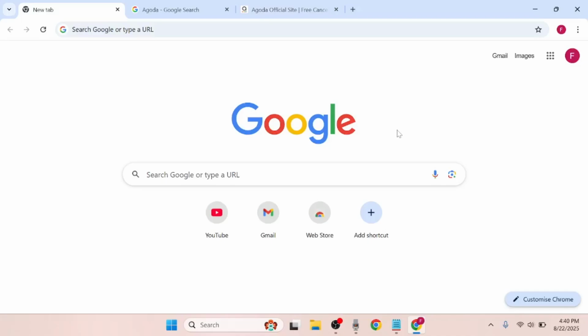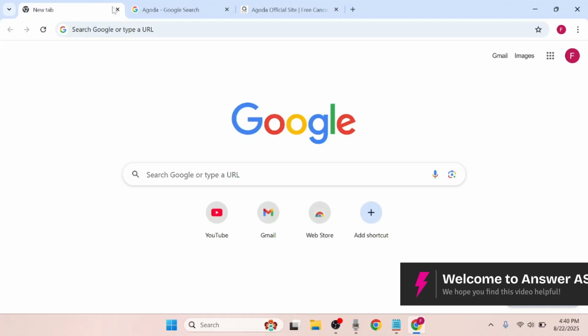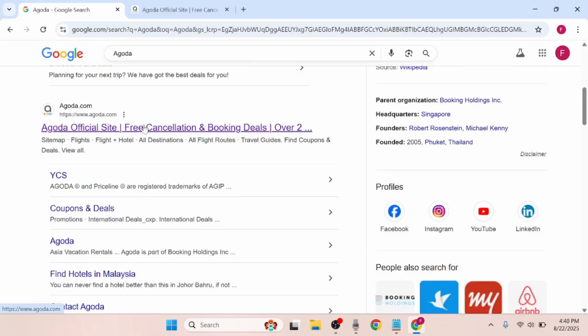In this video, I'm going to show you how to list your property in Agoda. To begin, open any browser on your computer and search for Agoda. From the search results, scroll down and make sure you click on the non-sponsored official link that takes you to